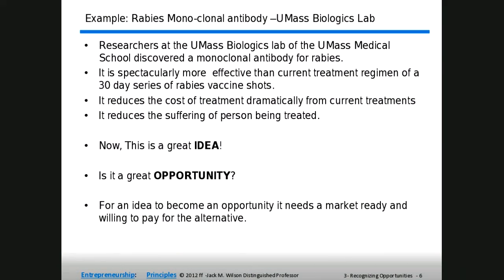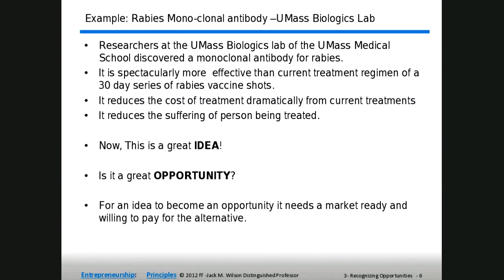So let me tell you, when I heard this, I knew that it was a great idea. I mean, better than a great idea. It was a phenomenal idea. Okay, so probably we all agree on that. I hope none of you had to go through rabies treatment the way my son and I did, but hey.